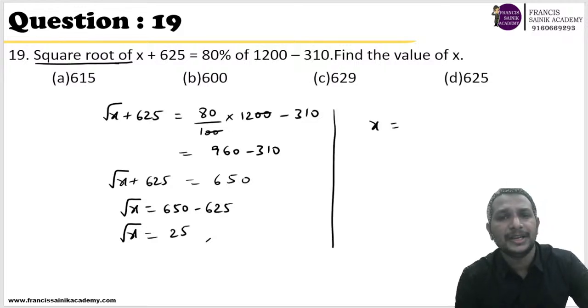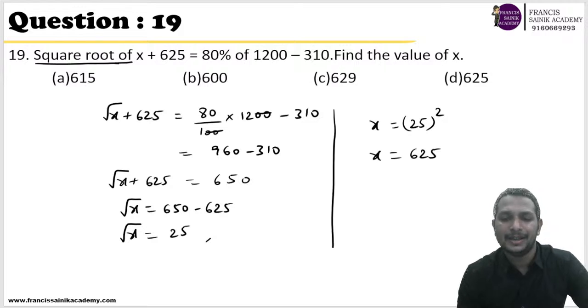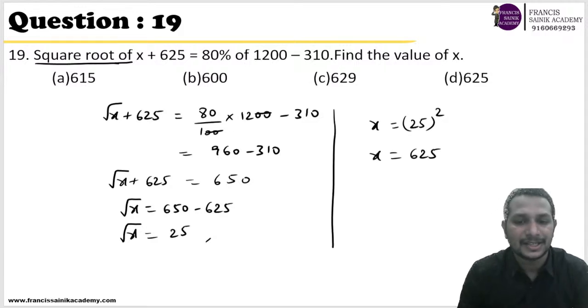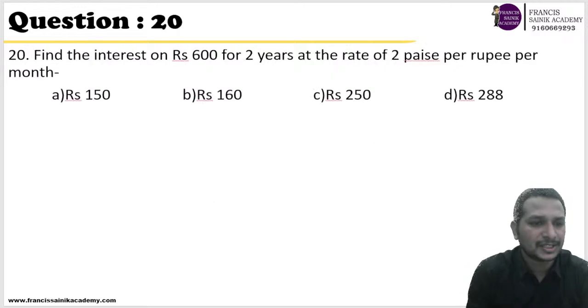Square root of which number is 625? If I change to the other side, it becomes 25 square. The answer for this question is 625. So the value of x is nothing but 625. Okay. Next,